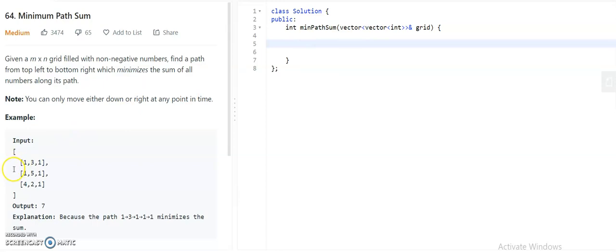And there is one corner case here. If you want to reach this 3, you can only reach it from the left. Even for this one also you can only reach it from the left. There is no upper value from which you can reach here, because it is a border of the matrix. Like that for this also. So we will need to treat this row and this column in a separate way by taking 2 loops. Let us code it.